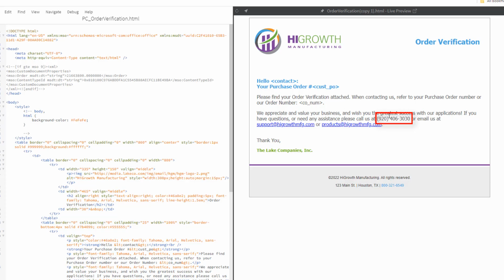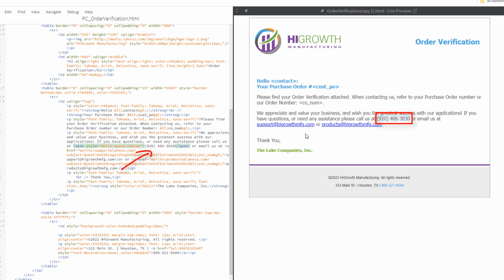I'll select it in the display and replace it with our number. Now, often this display will stay in sync, but if it doesn't, just select this refresh button to see your changes.